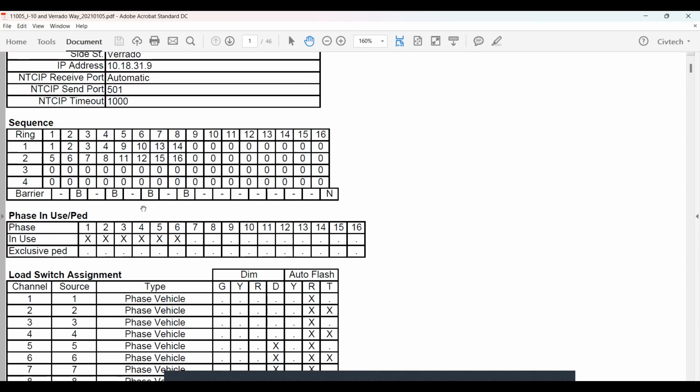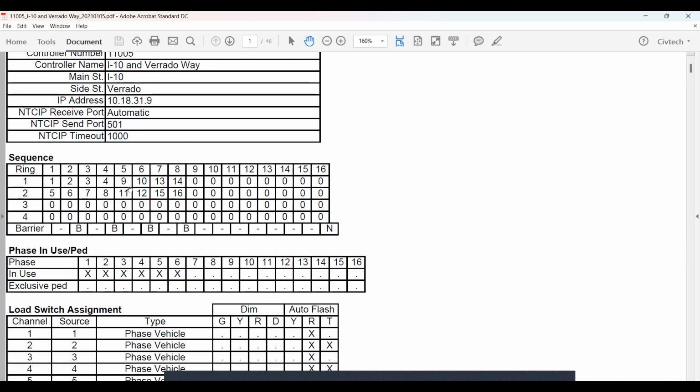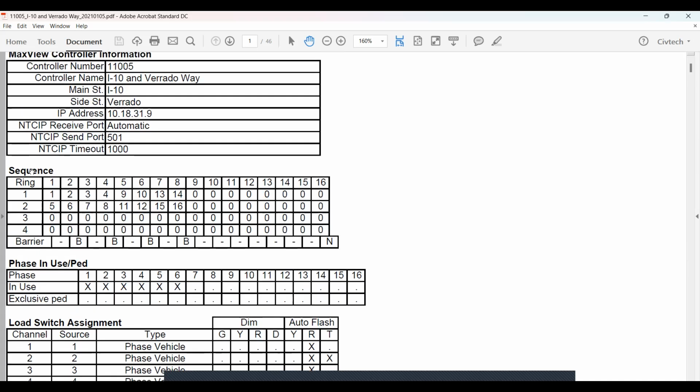This is just saying that they use those 6 phases. Sequencing. This can be useful. So you guys are familiar with the ring and barrier that specifies which phases can happen at the same time. So you can have phases on different rings happening at the same time, but not across different barriers. So this tells us that instead of doing,